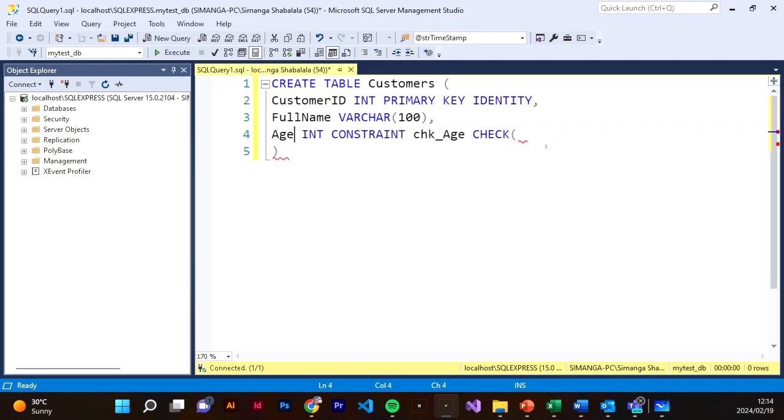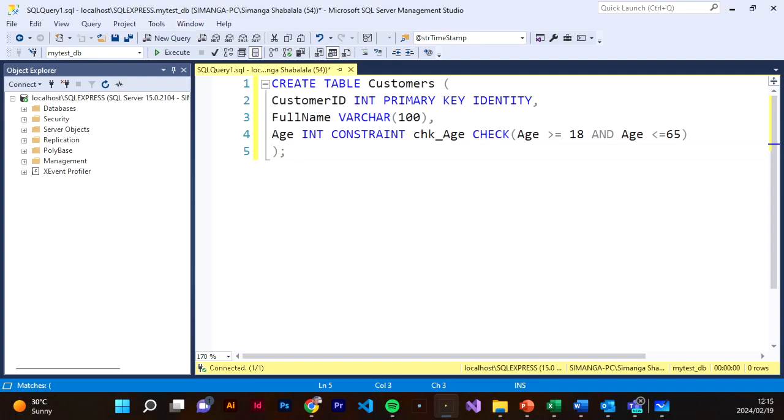So we're going to say check age must be greater or equal 18 to apply for the credit card, and age must be less or equal to 65. Okay,